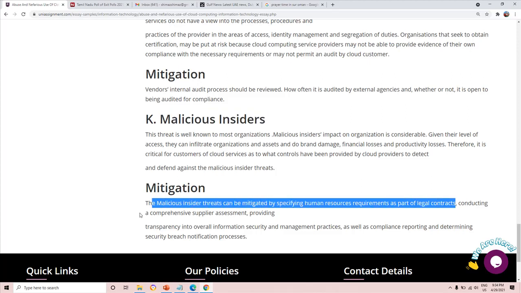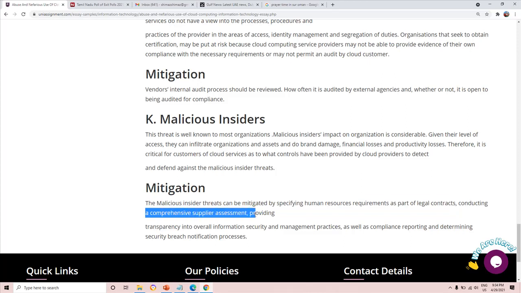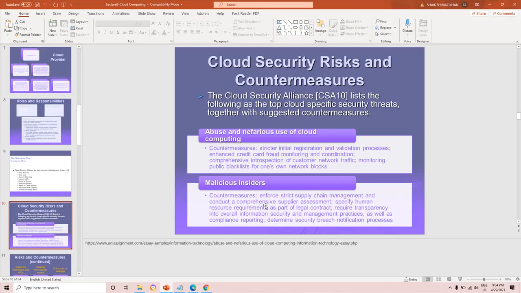Okay, then conducting a comprehensive supplier assessment, providing transparency to overall information security and management practices, as well as compliance reporting and determining security breach notification process. So same thing is given here also. Enforce strict supply chain management. So that is